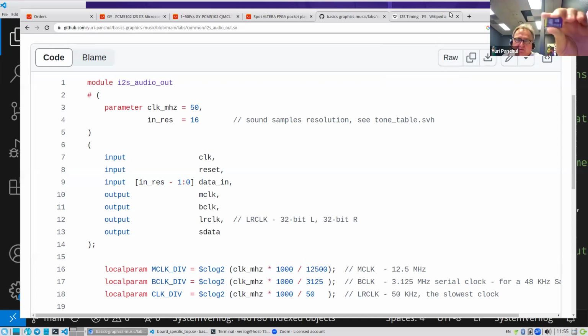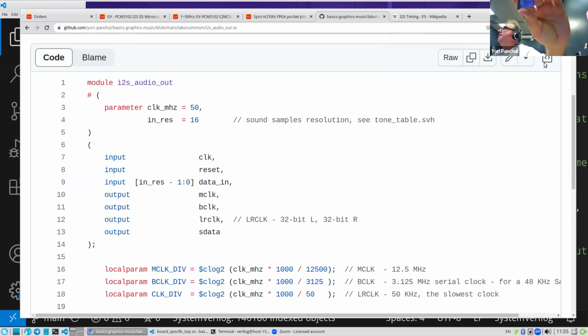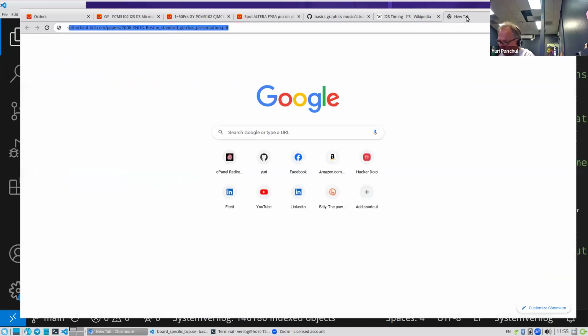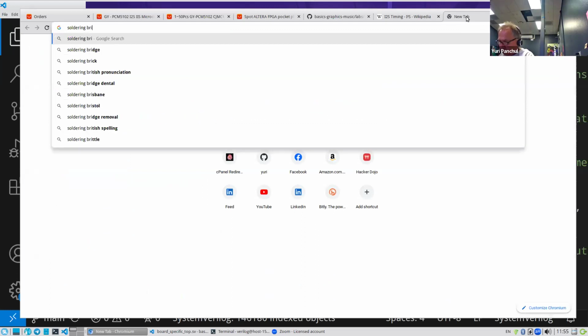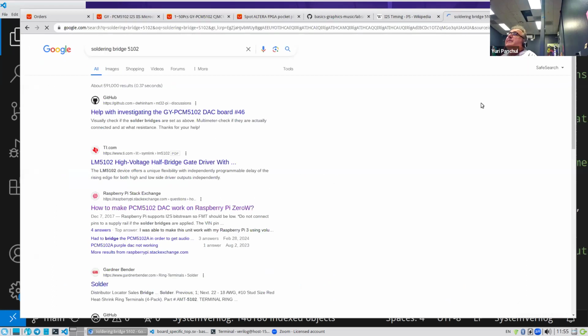So we have to put a little bit of solder to a specific place on this chip. So let me find this picture on the web. Soldering bridge 5102. Yeah, so